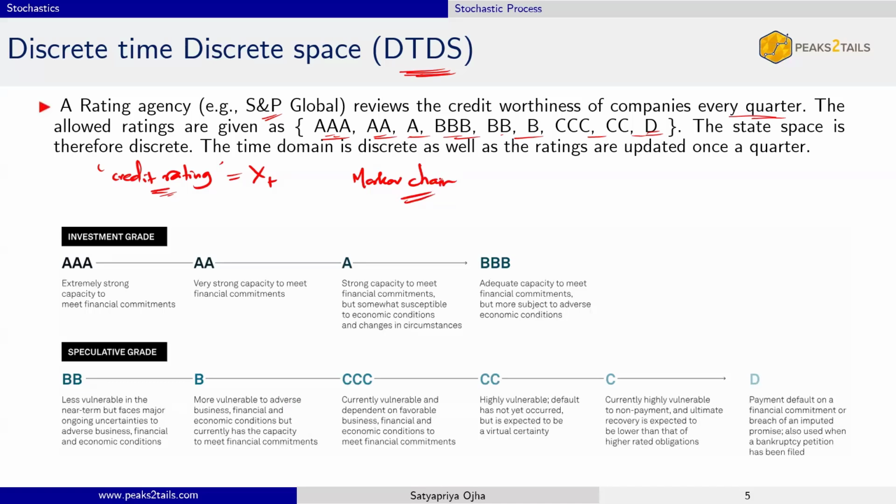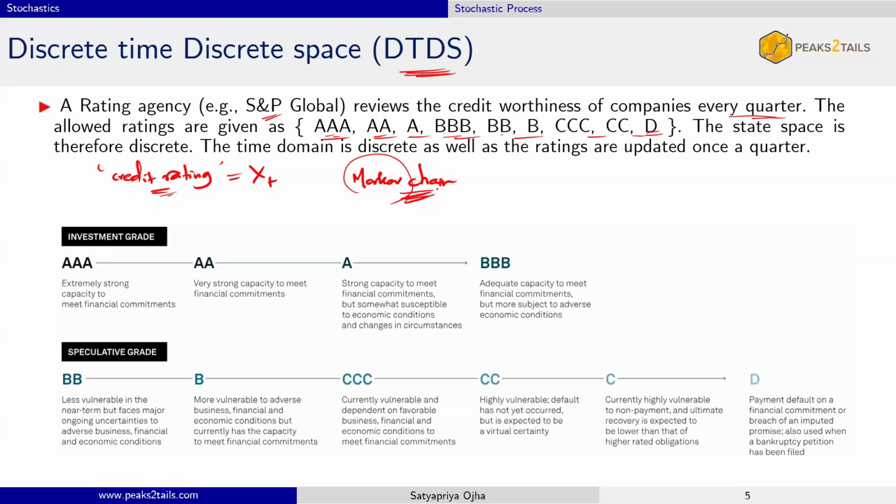All of actuarial science is based on this idea. Markov chain is the bread and butter for actuaries. I used another term, Markov, here. We'll talk more about it. It has to follow a Markov process and it has to be discrete time, discrete space. Then we can use Markov chains. So we use transition probabilities from one state to another, and that's a Markov chain. So discrete time, discrete space, and an example. Is it clear? The better you understand these fundamentals, the more of a cakewalk it will be going forward. It's not difficult.